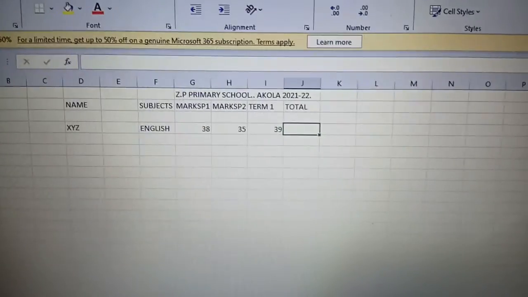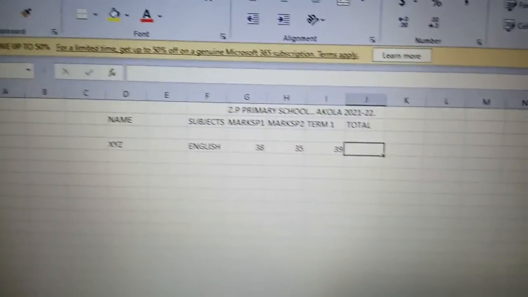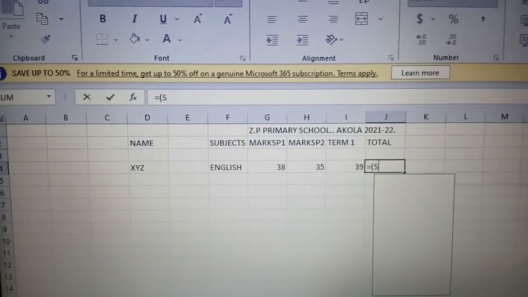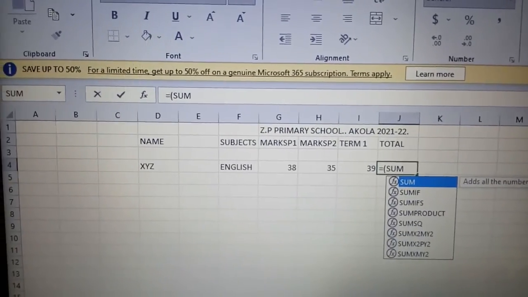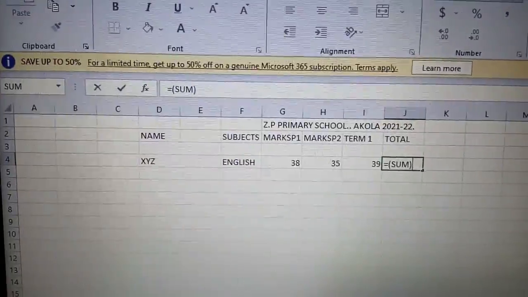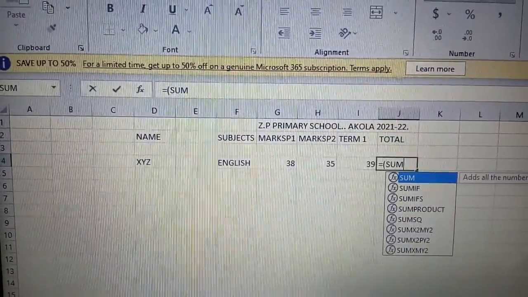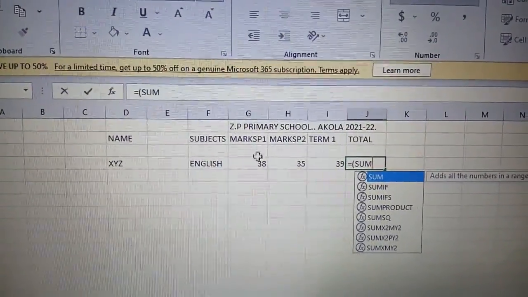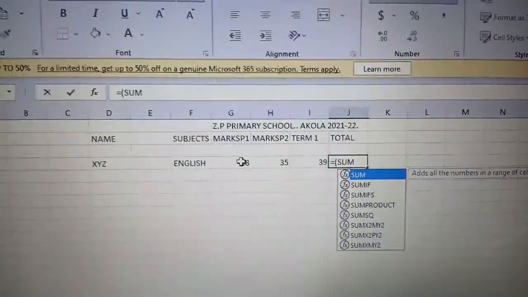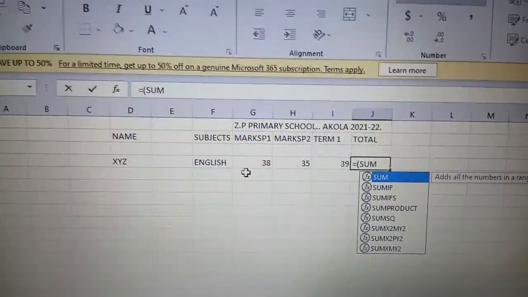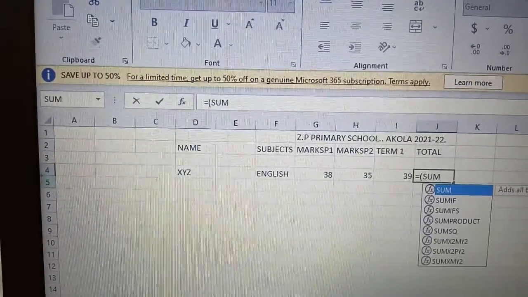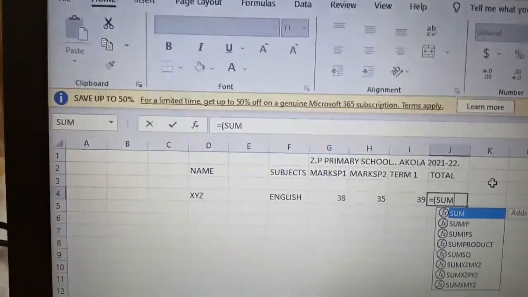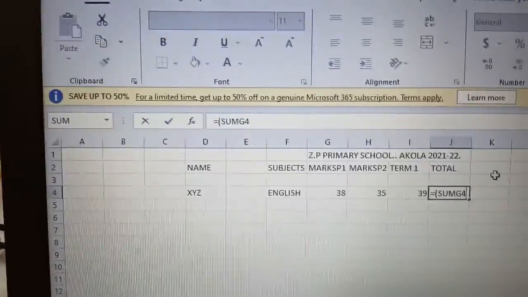So now there is the formula. What I will have to do is click the equals sign, then create one bracket, then write the sum, then create one bracket again. Then I have to select the G. As you can see, this is the G column, and in that G, which number row is this? It is the fourth row. So I have to select G4, therefore I have to write G4, then I have to write a double dot.